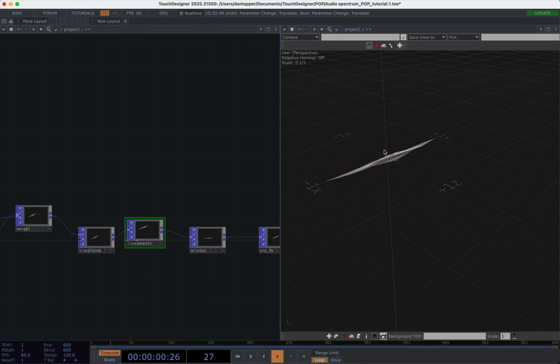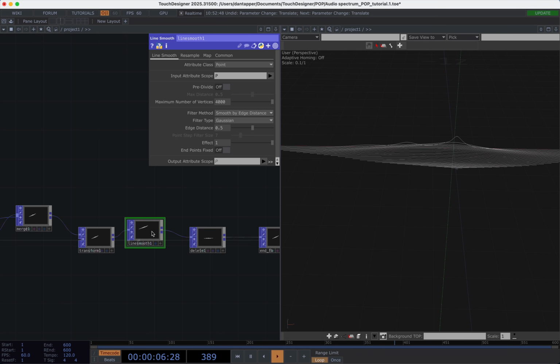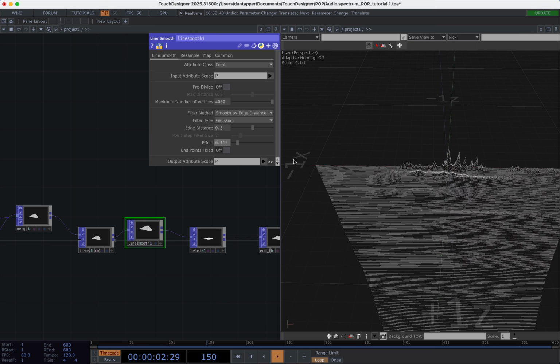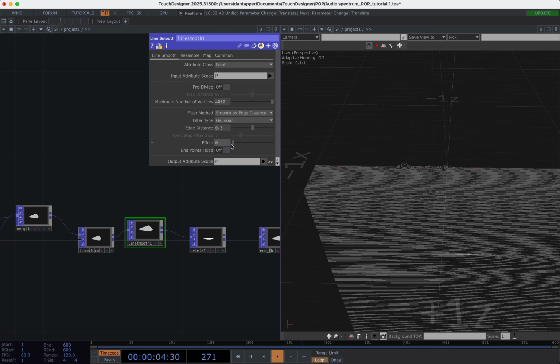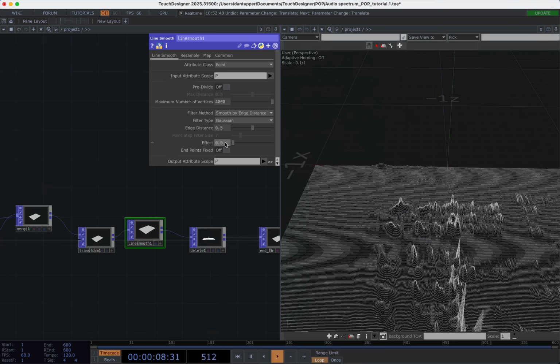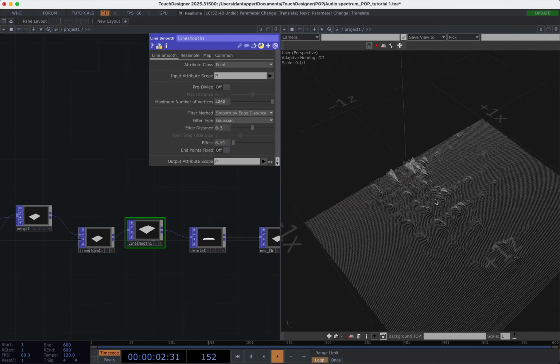And what the line smooth is going to do is smooth out that information. So we can see here that it's maybe operating a little bit too much. So let's turn down that effect. As we go, we'll see that the line softens. If it's down really low, we'll see it softens not that much. But if we put it down to sort of a nice amount, we'll see that the line sort of gets